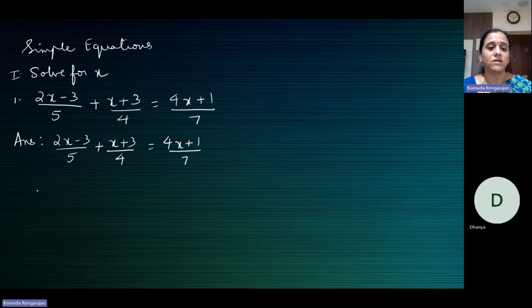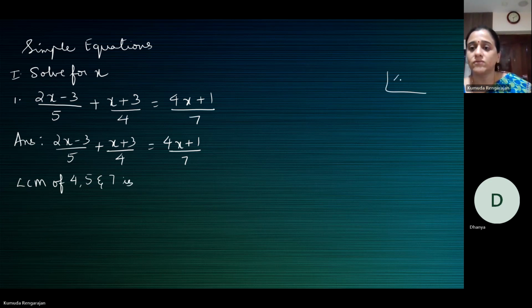Now, how many terms on the left-hand side? 2 terms. And on the right-hand side? 1 term. So in all, there are 3 terms. What are their denominators? 5, 4, and 7. So we'll find the LCM of the denominators. LCM of 4, 5, and 7 is